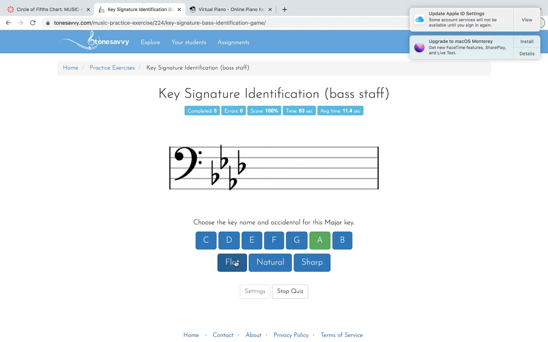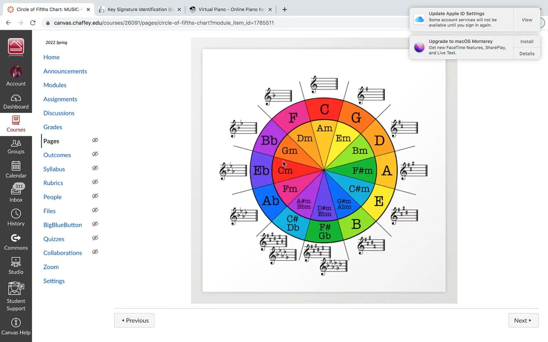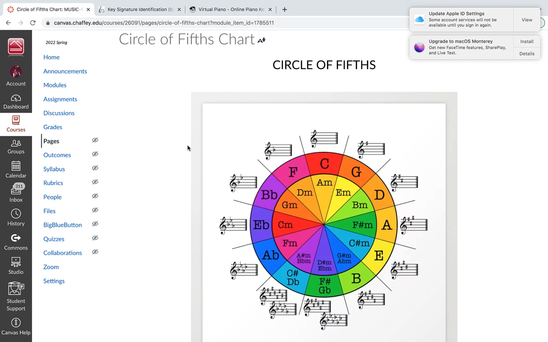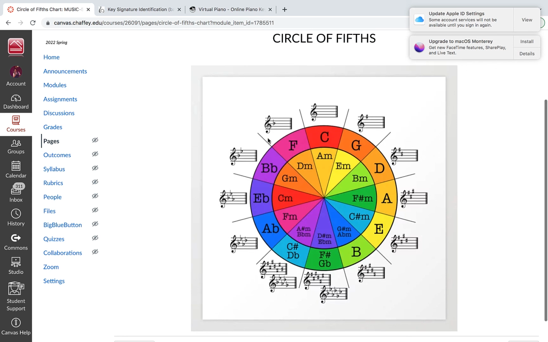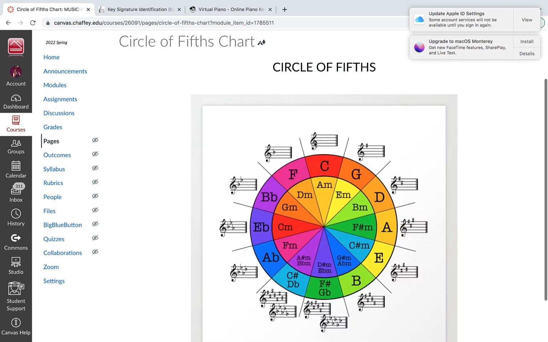Okay, the ability to recognize and understand what key you're in, and ultimately not only understand the key that you're in, but to also understand the idea of being able to play a piece of music in different keys and not playing wrong notes all over the place. So that's a start into the circle of fifths. Obviously, an introduction to the circle of fifths and key